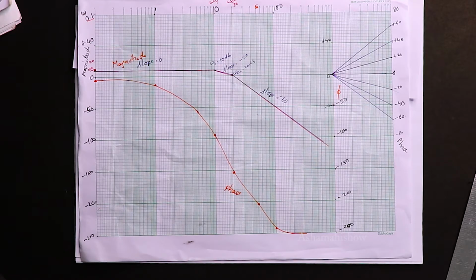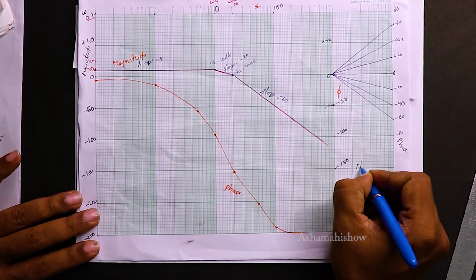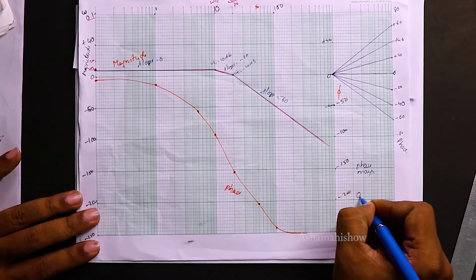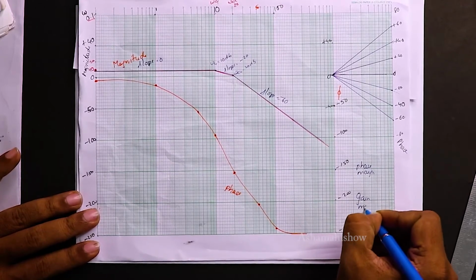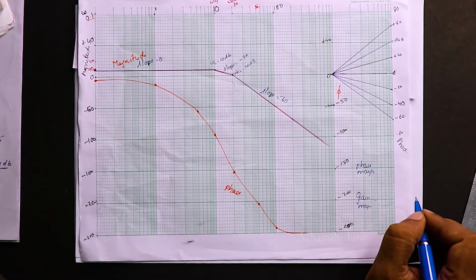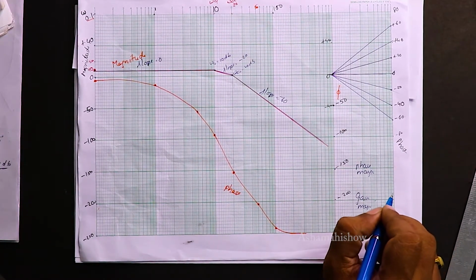Okay. Now the very last step what we have to do is we need to find out what is our phase margin and gain margin. Okay, we need to find out our phase margin and gain margin. Okay, so phase margin and gain crossover frequency. Okay, to find out this